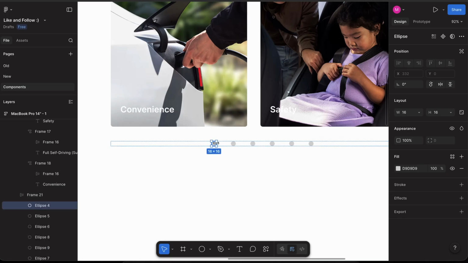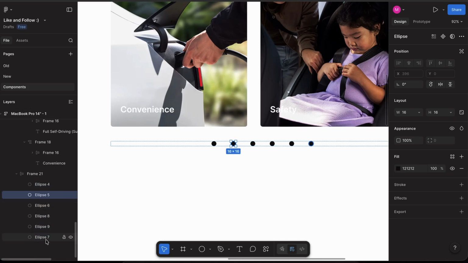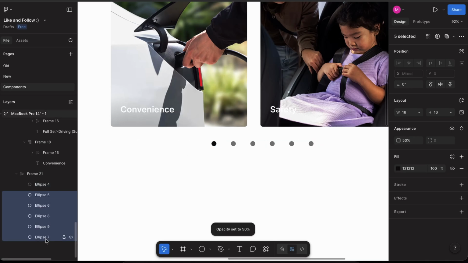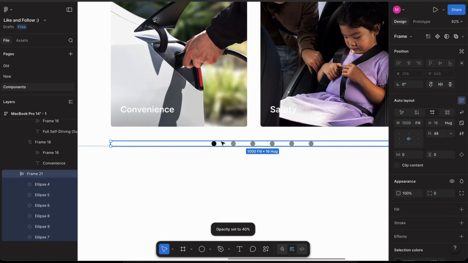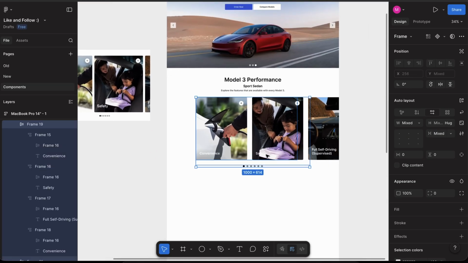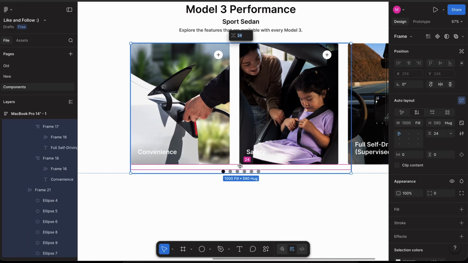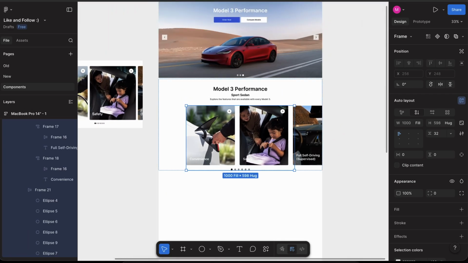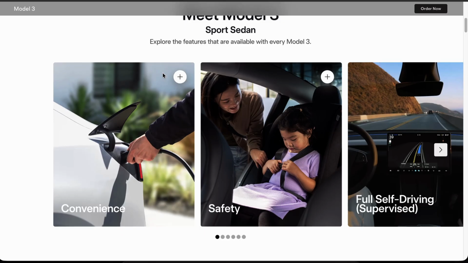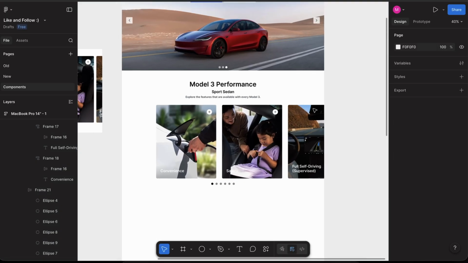Okay. And we can change the color of all of them, but make a few of them with lower opacity, and change this to this, and frame there to decrease the padding. And yeah, we have the second section of this website,